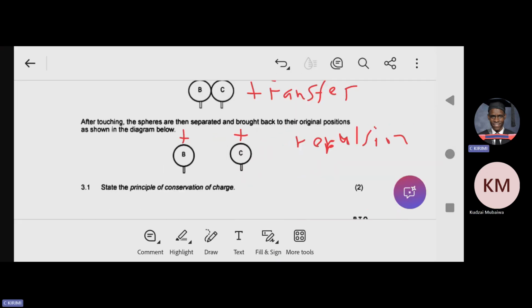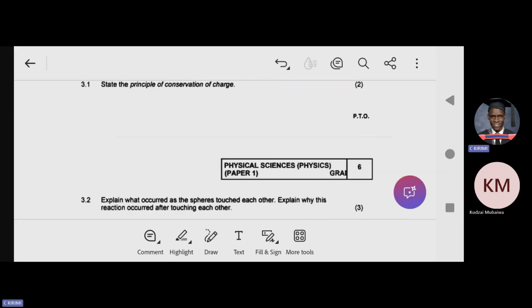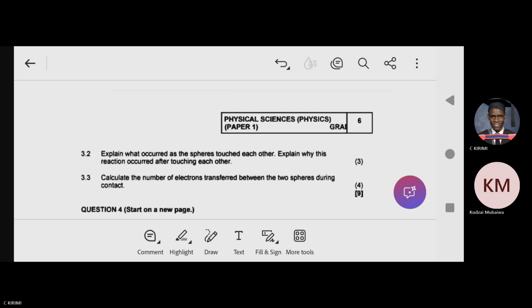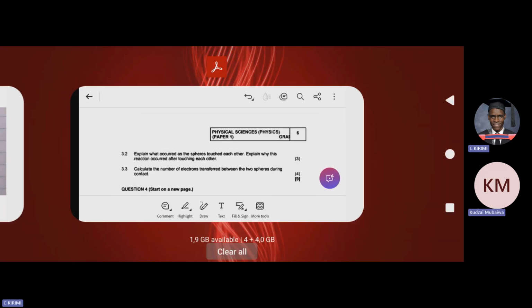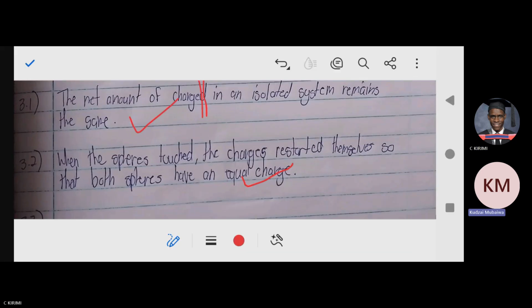Let's go to the next one, which is calculate the number of electrons transferred between the two spheres during contact. So here you are just repeating that process which we did. So let's see how you did it. So first we said what you do, you calculate the